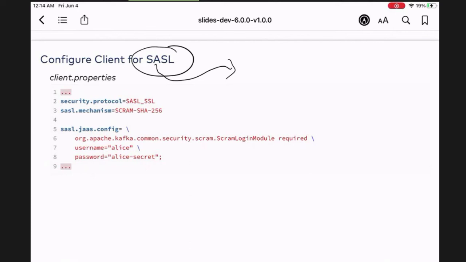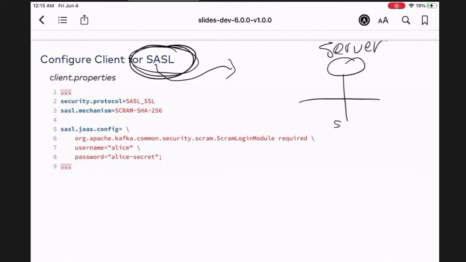Well, when it says Simple Authentication and Security Layer Handshake, I'll give you a really simple explanation for it. Imagine this. It's a relationship. It's like a handshake, an agreement between the client and server. So let's say this is the SASL server. This is the server here. I'll say server. And this is SASL, S-A-S-L.